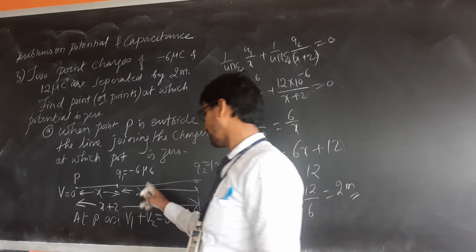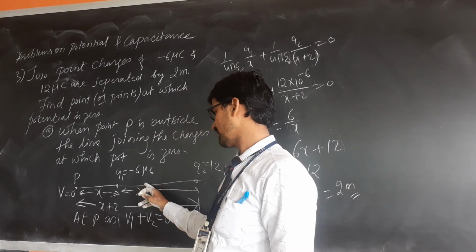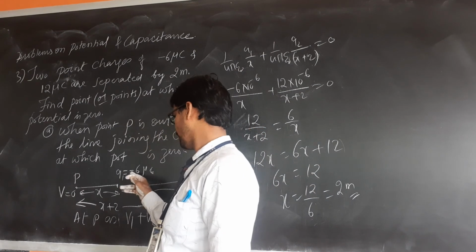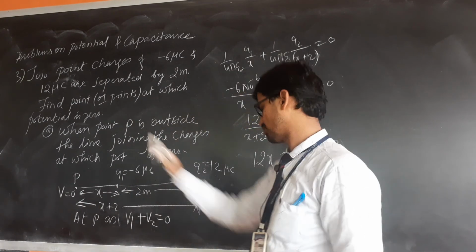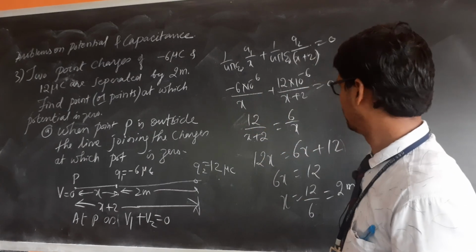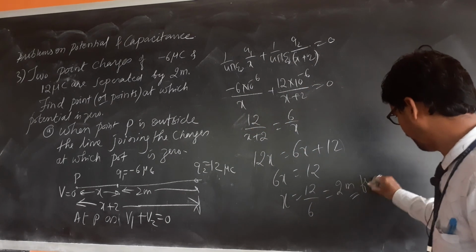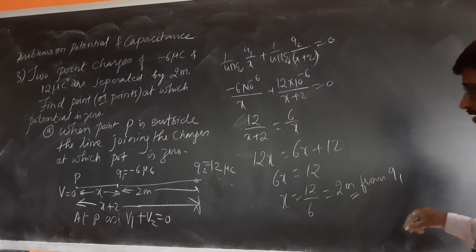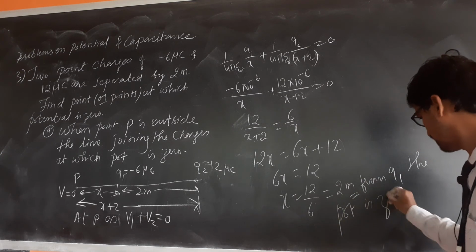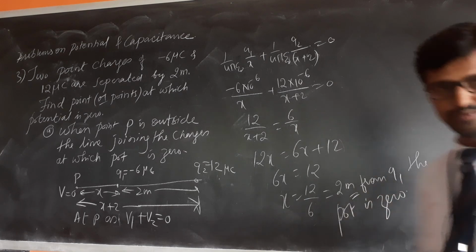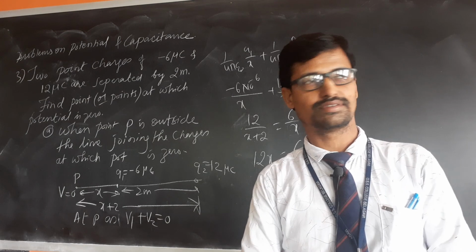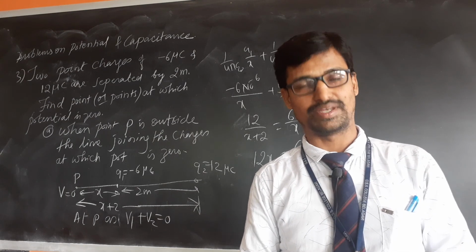So this point now divides externally. Earlier the point P was inside, where potential was 0. Here also 0. One charge will contribute negative potential, the other will contribute positive potential. About x and all, we have already explained here. From Q1, the potential is 0. You should write it clearly. We'll stop here, children. This was the 7th part. We'll come across some more problems in the 8th part of potential and capacitance. Okay, thank you.